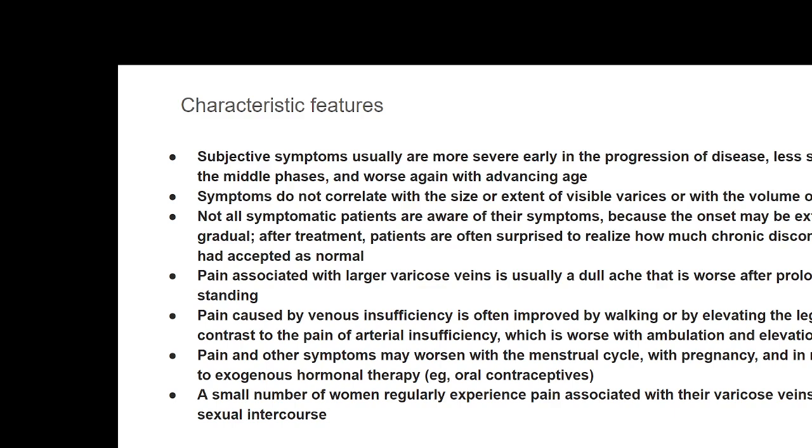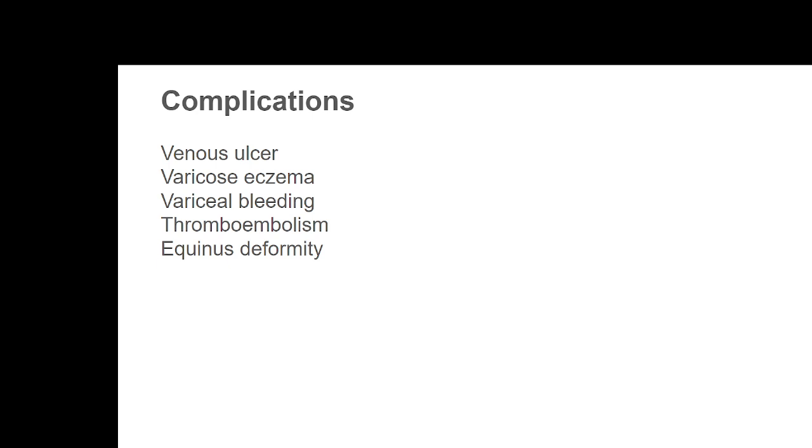Venous conditions will be feeling better when the patient walks, whereas in arterial conditions, the condition will worsen on movement and elevation. Then often in pregnancy or during the menstrual cycle, the symptoms may aggravate in case of varicosities. And again, some particularly female patients may complain of this pain after sexual intercourse. That's due to the pelvic congestion during that condition. So that's about the typical clinical presentation, which helps you to differentiate between the other overlapping symptoms and primary issues